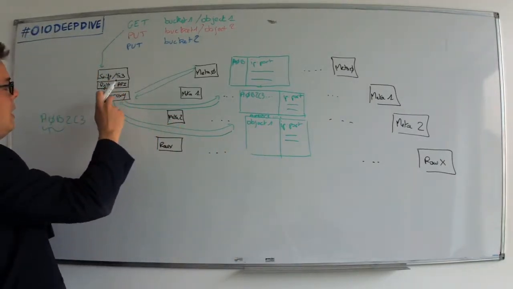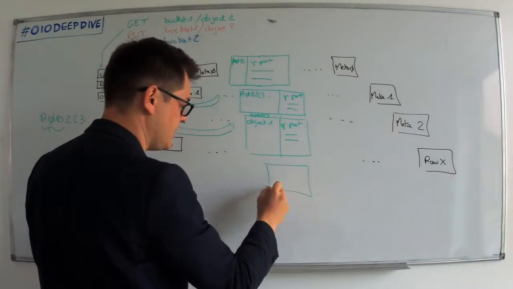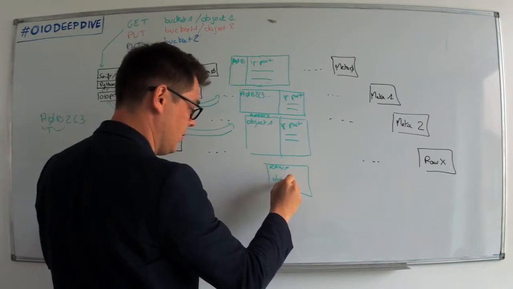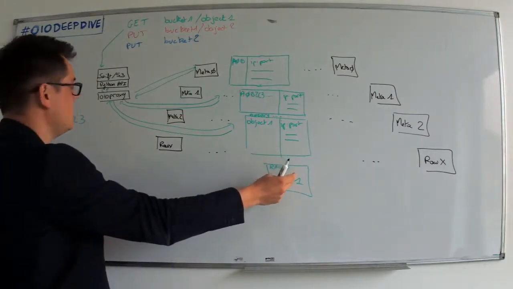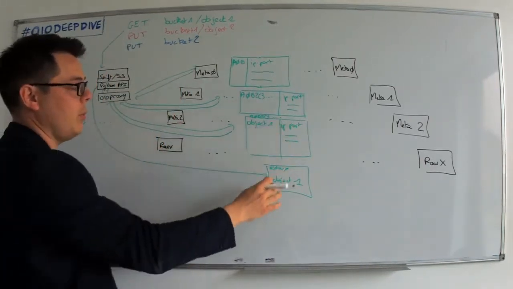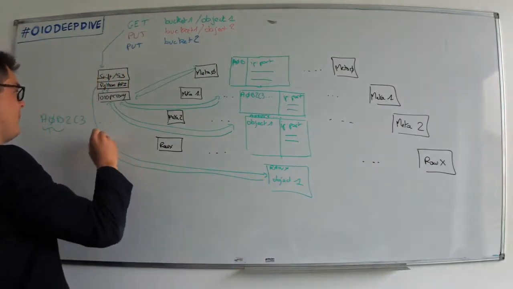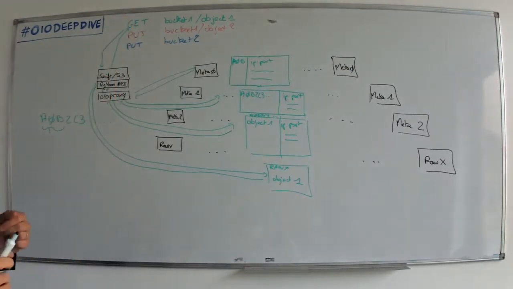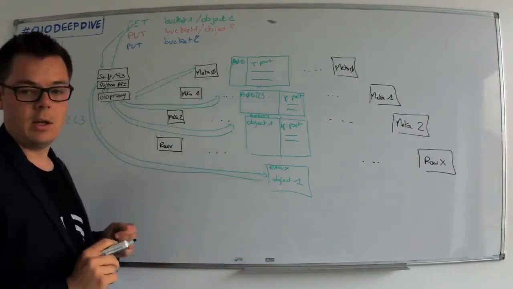So the Python API will retrieve this information, and then let's say that our data is stored in these ROIC services. So somewhere here we have our object 1, I mean the file stored in one disk where the ROIC service is working, and the Python API will get the data. So we have 3 different possibilities, so it could be this one or other ROIC services, and the data will come back here, and finally you get your data. So this is how it works when you want to get data that is already available inside the OpenIO architecture.